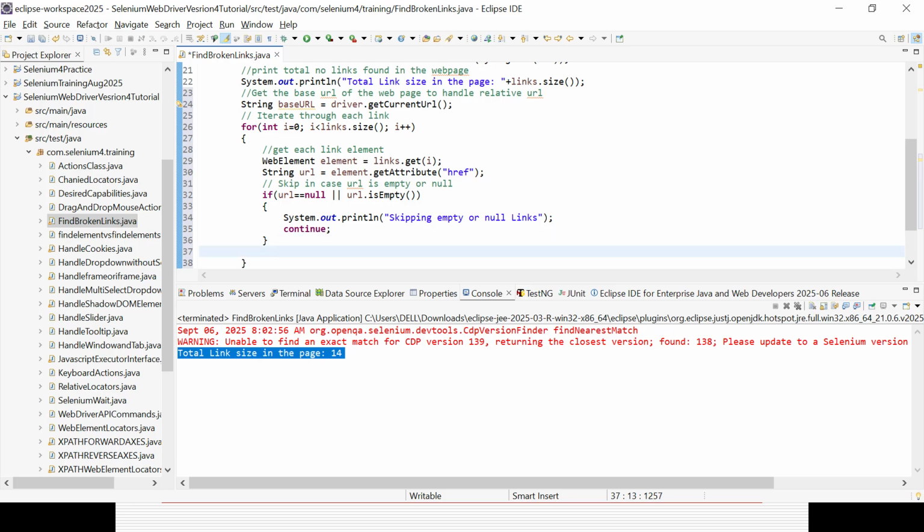Then we need to handle relative URLs by resolving them to absolute URLs. So what is the way we can do that here? We can check if